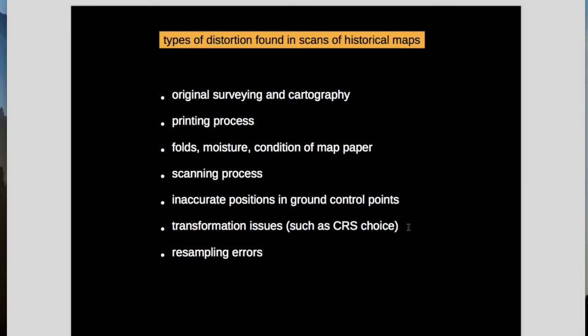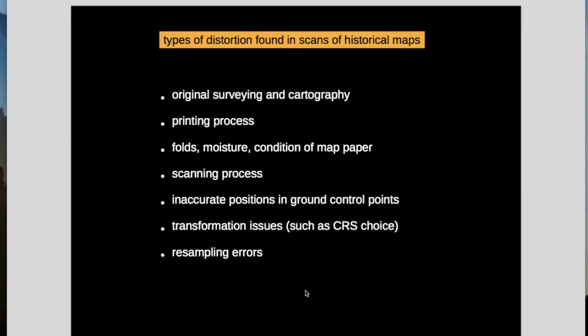You don't want to introduce a whole bunch of problems by trying to guess original projections and not getting them quite right, or knowing the central meridian exactly and so on. It's just easier to georeference it to your modern base maps. And finally, that last step where after the transformation geometry is calculated, then it gets pushed out and resampled to